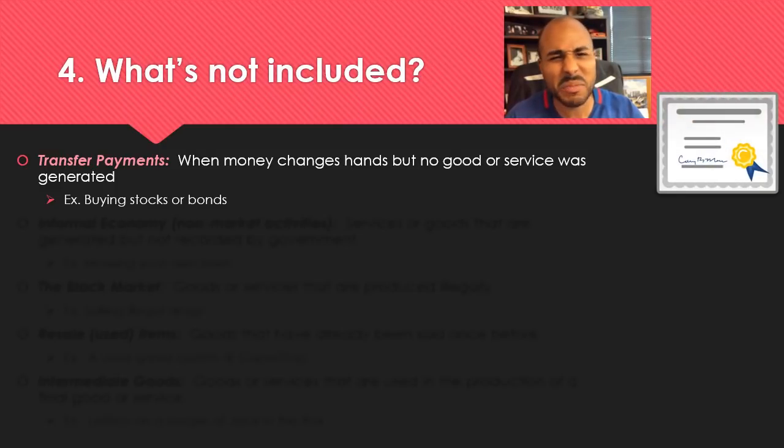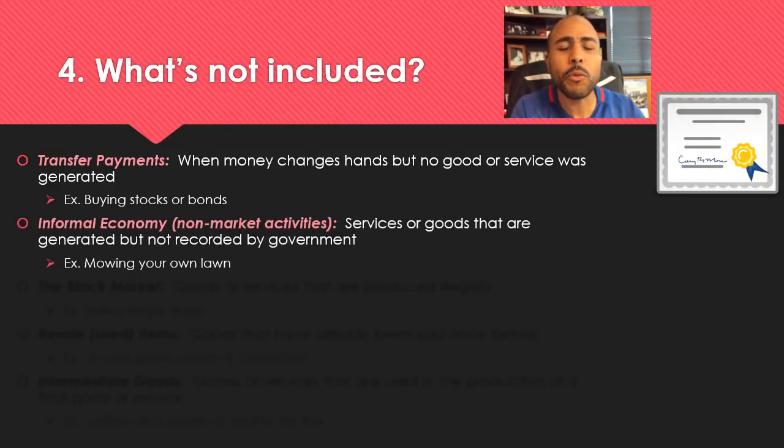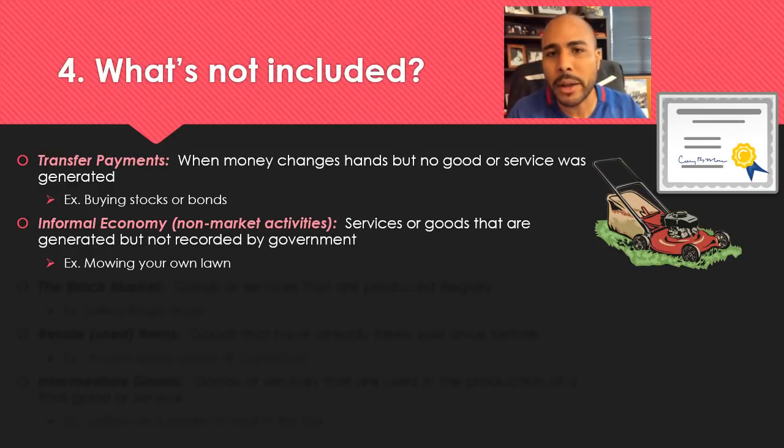Okay, so stocks, they don't count. Next up, the informal economy. The informal economy means any kind of services or goods that are generated but not recorded by the government. So like if you mow your own lawn, that would be considered a non-market activity. When you mow your own lawn, you're doing a service, but you're doing it for yourself. You probably don't get paid, and I don't think you're going to report that to the IRS, so it's not